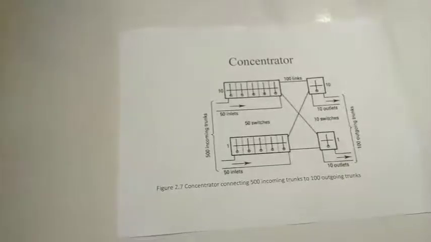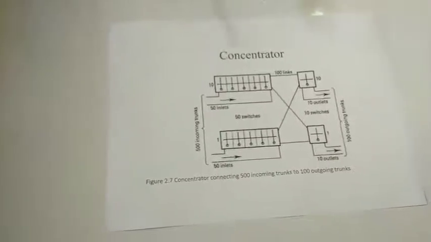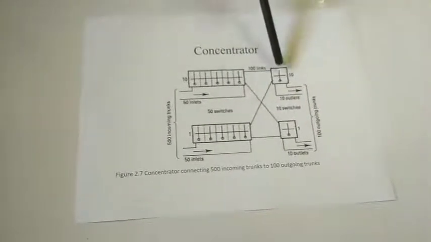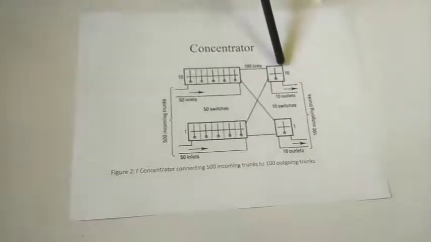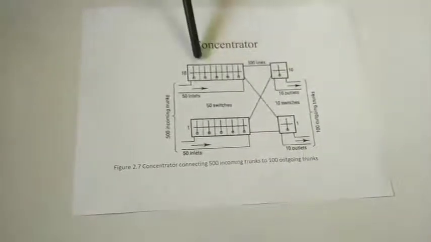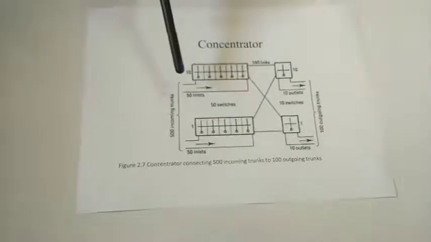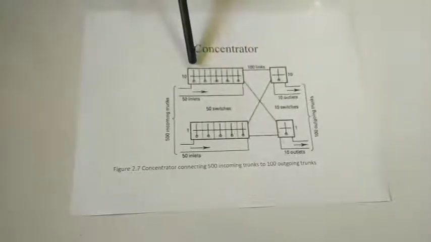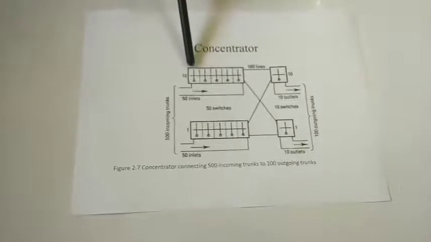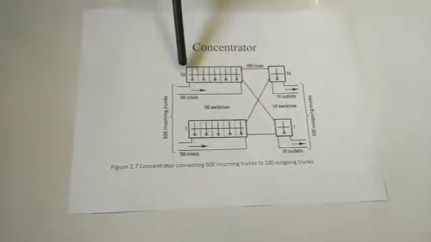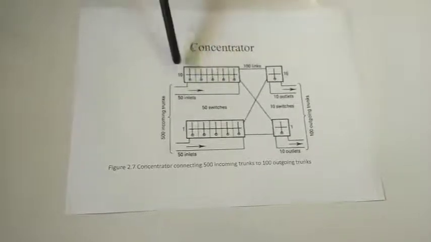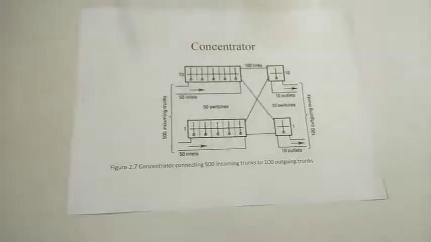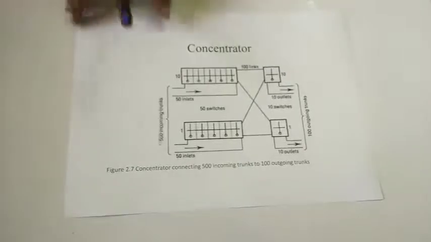Observe here, this concentrator is connecting 500 incoming lines. How are these 500 incoming lines possible? On this side we have the same thing, 10 secondary switches with 10 lines each. And on this side you need to increase 100 incoming lines to 500 incoming lines. In the previous two-stage network we had a single crossbar switch, but here this is increased to 5 crossbar switches. That means 10 into 5, you will have 50 links, and 50 into 10 means you will have 500 links. In this way you can increase the number of subscribers connected to the exchange.